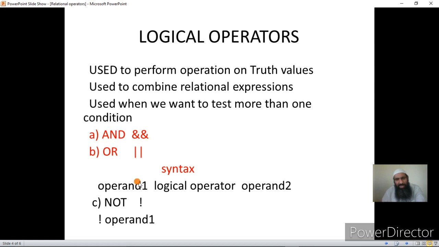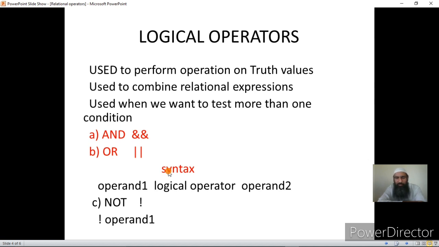Now, how they act on truth value and what is the nature of the result they produce, we'll talk about that later. Since the logical operators AND and OR use 2 operands, they are called binary operators. As I told you, operators can be classified into unary, binary, or ternary, depending on the number of operands they act upon.